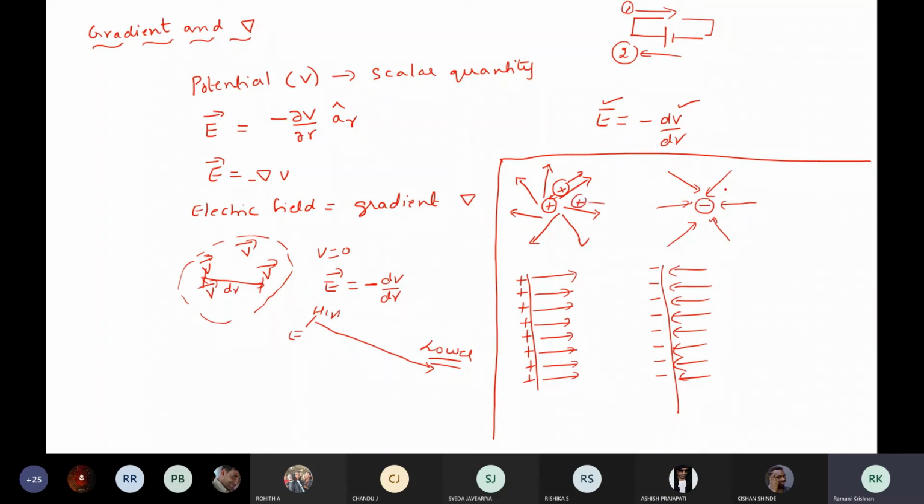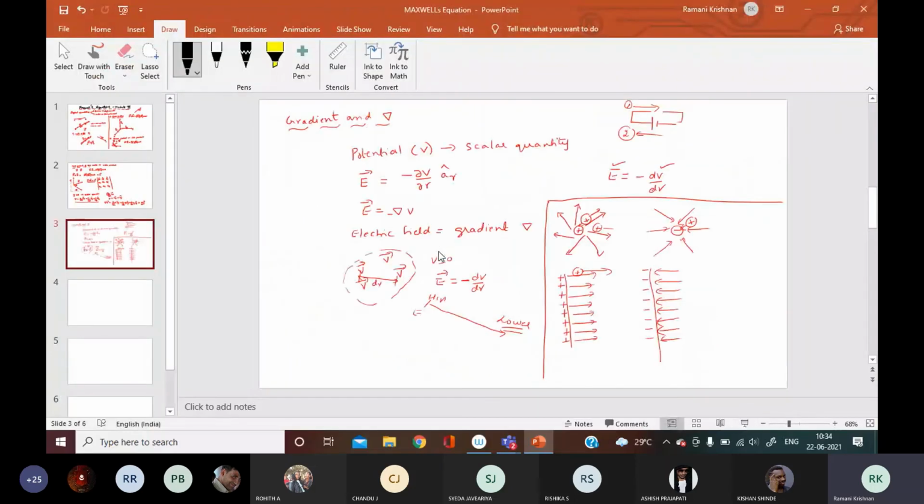Whereas here, if I have a plus charge, how will it be moving? It will be moving like this. So the direction of electric lines is given by the direction in which the positive charges are experiencing the force. Here also, if I keep a positive charge, it will be moving away. So this is how we represent the electric lines of force. We need this for the next topic.